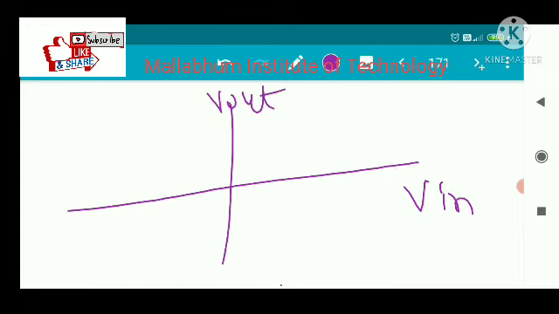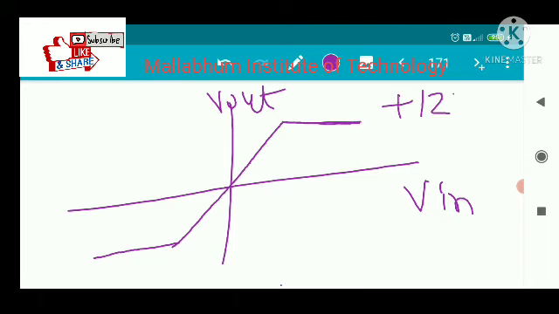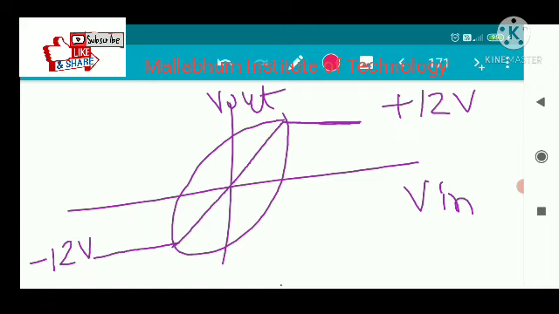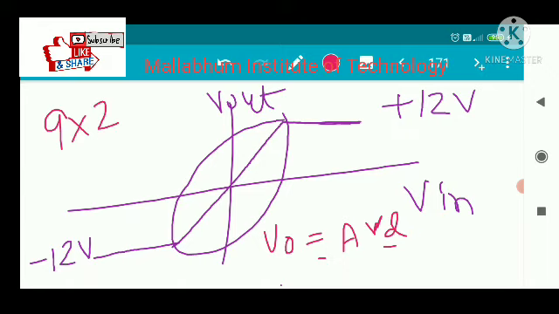Now suppose the op-amp is a linear circuit. So this is the linear region, and this is the plus supply voltage supplied by plus VCC, and minus VEE, minus 12 volt. So this is the linear region of the op-amp. Now what happens, I have said that the output of the op-amp is nothing but A into VD, the difference between the voltages. Now suppose your gain is 9 and the difference between the voltages is 2 volt. If anyone asks what the output voltage will be, you might say it is 18 volt, but it is not true, because your supply voltage is limited to plus 12 or minus 12, so your output cannot exceed plus 12 or minus 12.